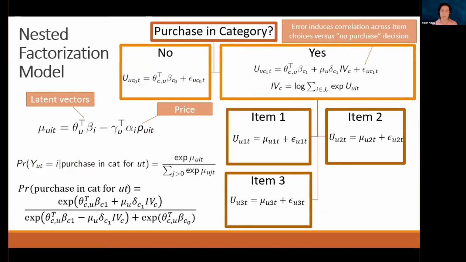So this is just a setup of the model. I won't go through all the gory details. It's just to kind of give you a sense of what it's all about. But the nested logit has a top nest where you decide yes or no whether you buy the category, and then a second nest where you choose what product to buy. And Dan McFadden's work showed how if you're maximizing utility, you can relate the parameters that you estimate in the sub part of the model where you choose which product conditional on purchasing. You put those together in something called the inclusive value, and then that term enters the part where you decide whether you buy or not.